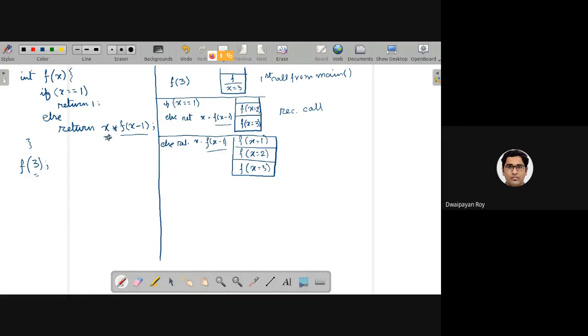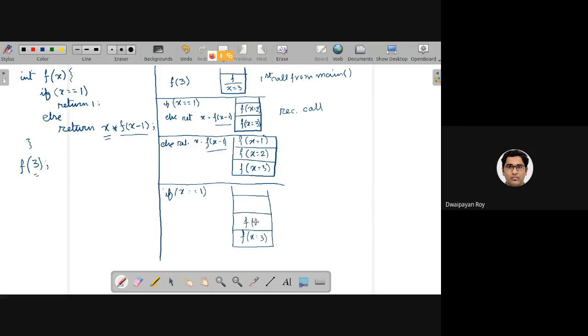All right, so on this function call, this if x equals 1 will actually be true. So for that, what will be happening? Return 1. Now look at the stack once again. At the bottom it was containing f x equals 3.